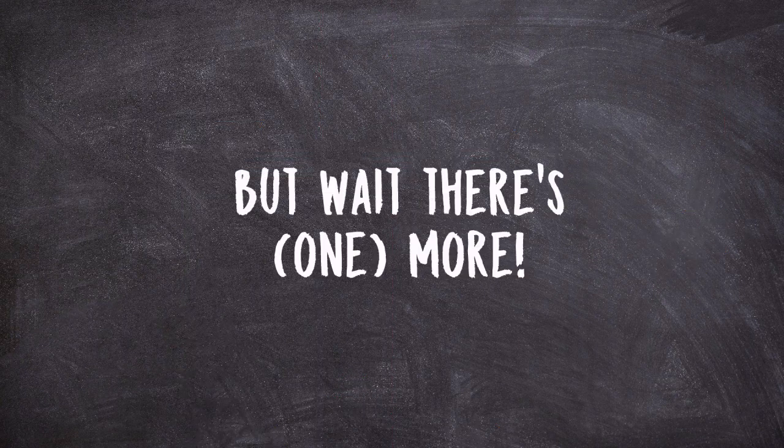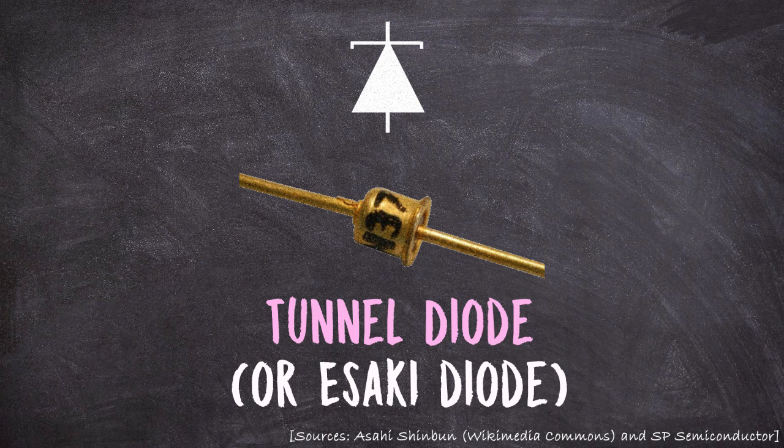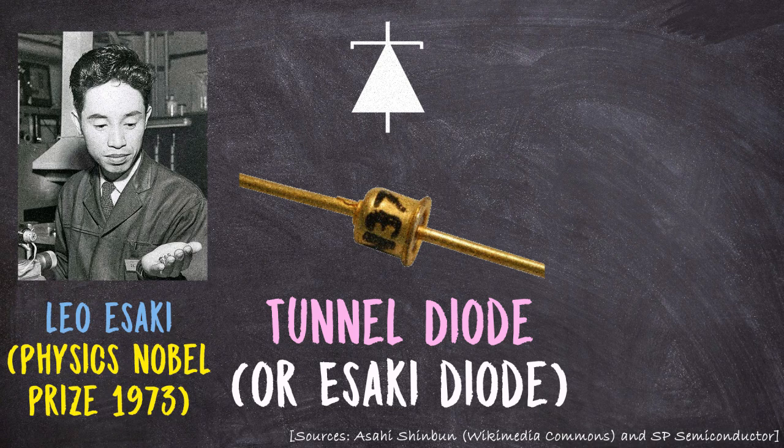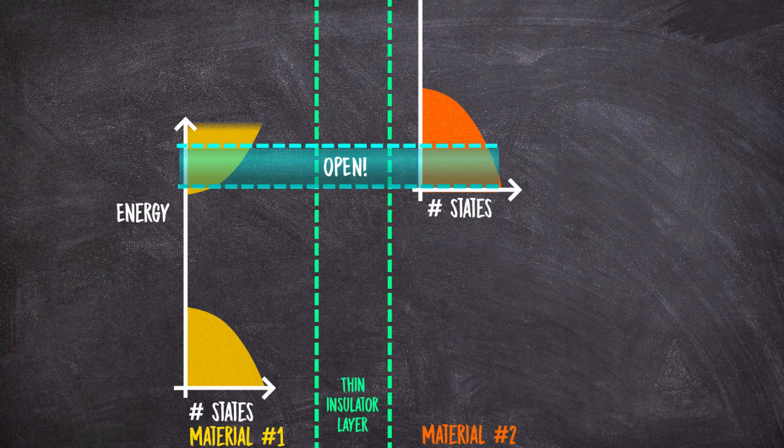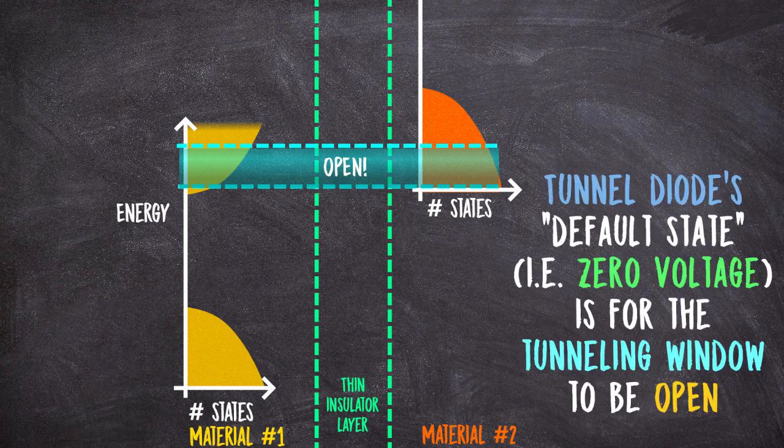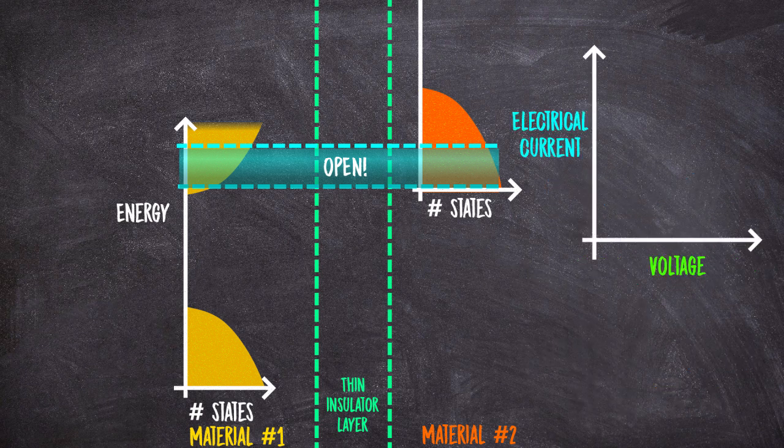And actually, if we understand how these Zener diodes are working, we can almost pretty much immediately understand how another type of diode works, what is called a tunnel or Esaki diode. Leo Esaki, by the way, won the Nobel Prize in Physics for these in 1973. These diodes are just like Zener diodes, just with one small difference. In a tunnel diode, the materials that make up our little 3-layer sequence are engineered such that the default state, where no voltage is applied, is for the tunneling window to be open, where in Zener diodes the default was that it was closed. Because of this, tunnel diodes exhibit what is called negative differential resistance.